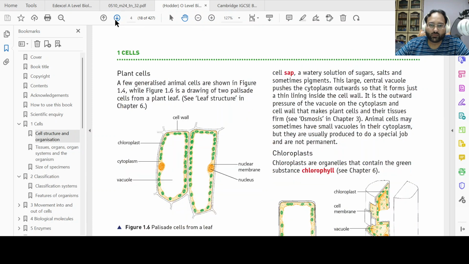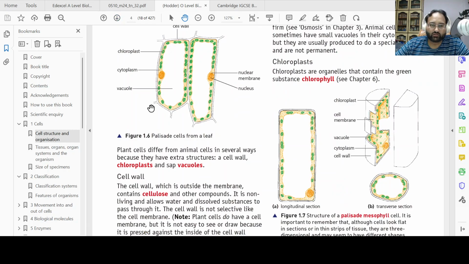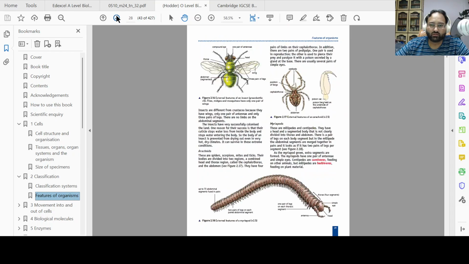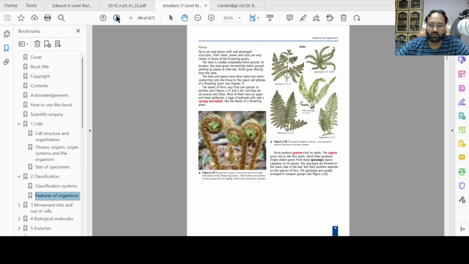Plant cells look like this. The green dots are chloroplasts that contain chlorophyll. You've got this large blob over here, that's the nucleus. The vacuole is a large space, not empty, and then cytoplasm. The reason I'm showing this to you is when you take a look at the fungus, the hyphae,